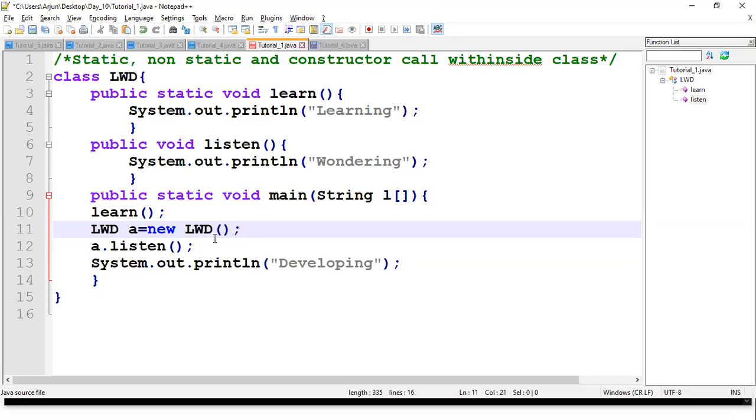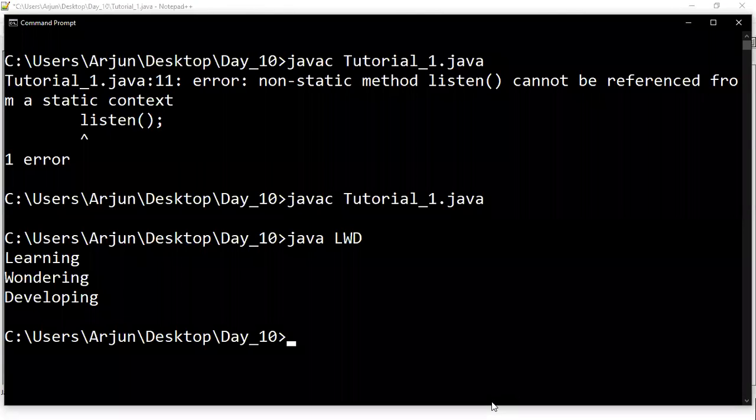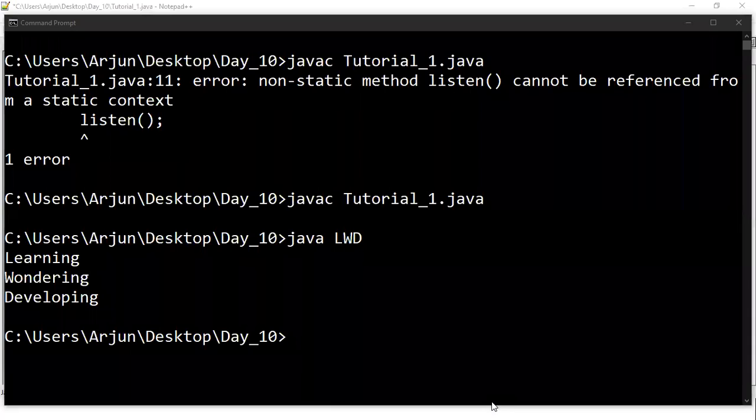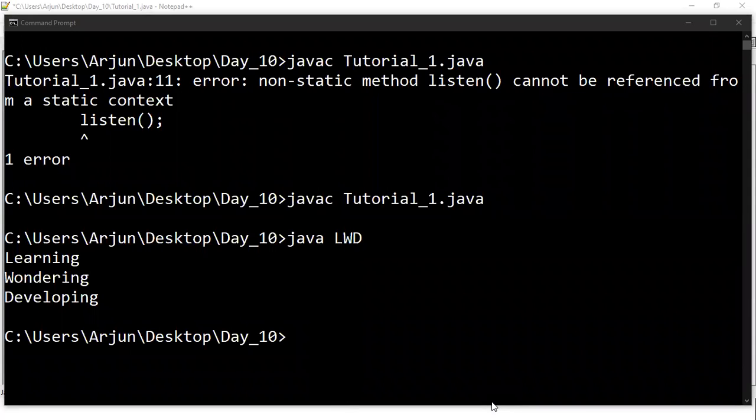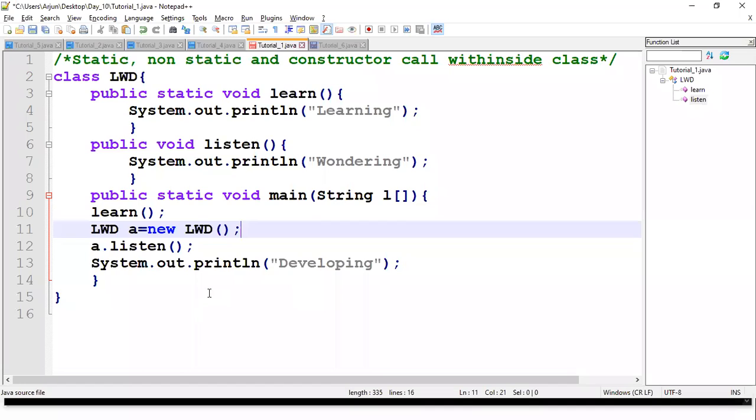With the help of an object instance only, you can call a non-static method. Now I don't want to create a particular named object. Is it possible to create? Anyone? Are you all listening? Is it possible? So listen, guys, I can create an instance of the class without naming the object. That is called the anonymous object instance.